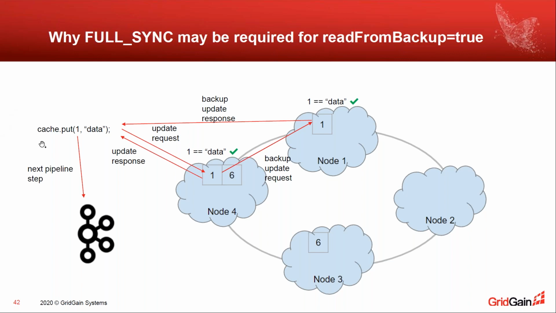For example, system, and after that, your pipeline flow may return back to Ignite, and there's no chance that it will be processed by the same client. It can be routed to any Ignite node, and the next pipeline step of your complex business operation will work only if your data that will be updated at this point will be available. So in case such complex logic is implemented, there's a guarantee that if you are working with full sync mode, wherever this message can be traveled and wherever it can be processed,